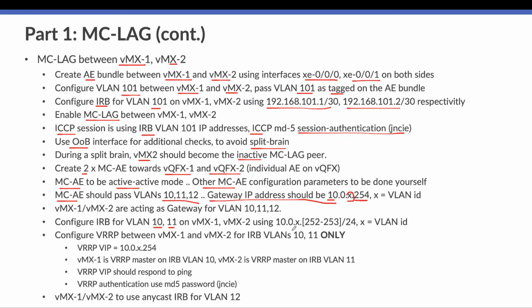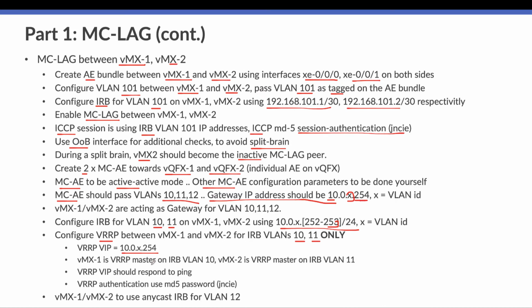We'll configure IRB interfaces, and here is the IP range where MX1 will be 10.0.10.252, and MX2 10.0.10.253. Then we have to enable VRRP between MX1 and MX2 only for VLANs 10 and 11, for IRB 10 and 11. Whereas the VRRP VIP will be